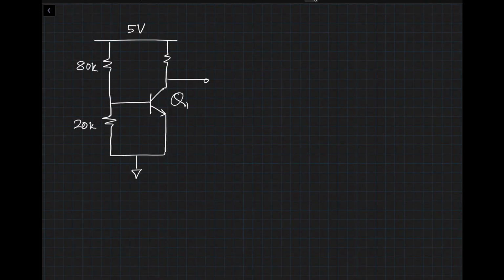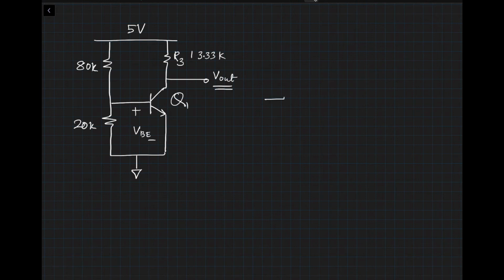Now we will repeat the same example as before, except for one change. In this particular change, I am going to increase the resistor R3. Originally we had it to be 1.333K. I'm just going to move the decimal point to the second spot, so it's 13.33K. That's the only change I have made. Let's analyze what happens in this circuit. Nothing has changed at the input, so the input will still look the same. We know that VBE will be equal to 0.7 because the transistor base-emitter junction is forward biased.